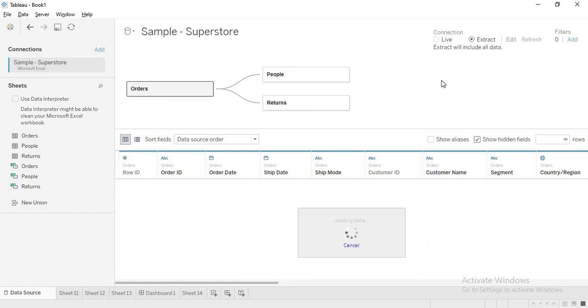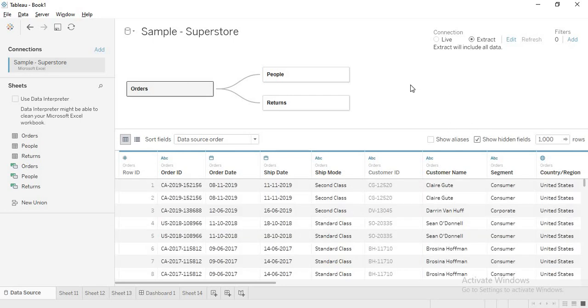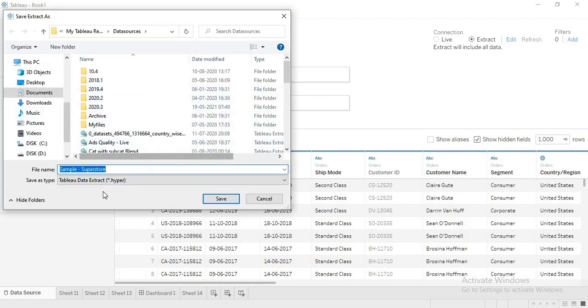It will create a .hyper file. In the system in which you have Tableau Desktop installed, I clicked on extract, right? The moment I click on any sheet, it will ask where to save. See here, this is a .hyper file. Once it is saved as a .hyper file, it will no longer hit your database for any query, view or anything that you make.